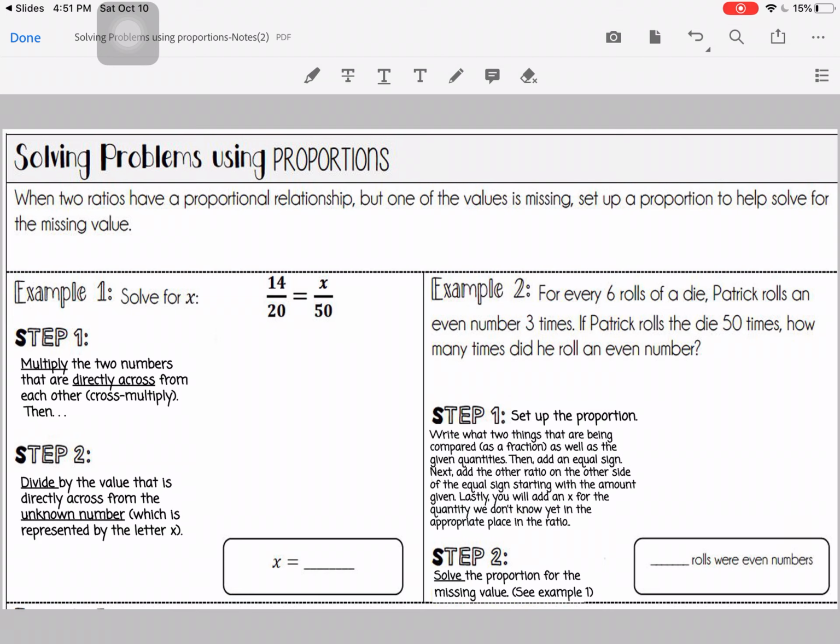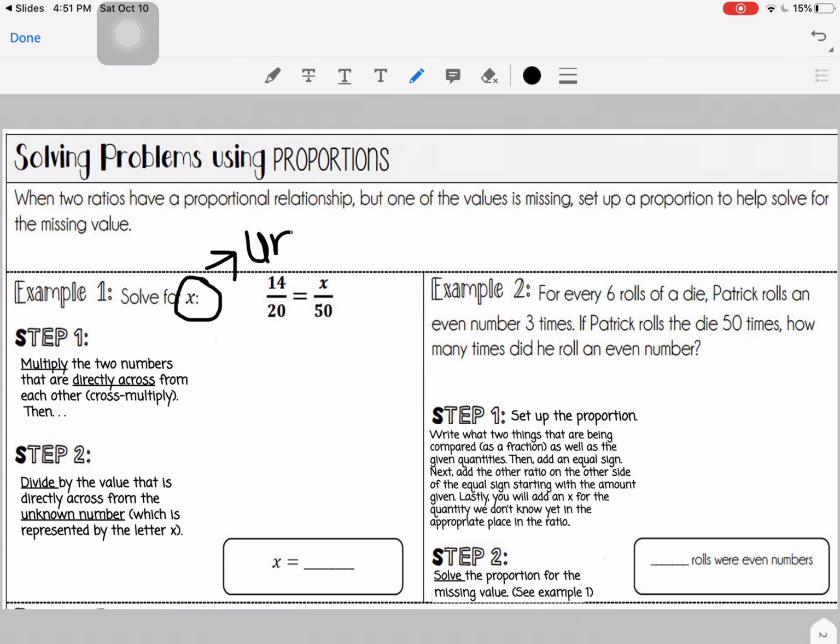So the example 1 says to solve for x. All right, so x represents an unknown number. Okay, a number we don't know yet. All right, so we use an x as a placeholder for that number until we can determine what it is. So the first thing we're going to do to solve this proportion, 14 to 20 equals x to 50, is we're going to multiply, cross multiply